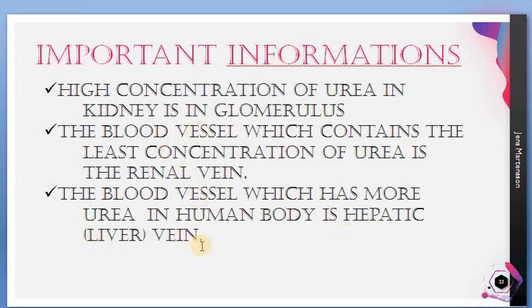Sometimes they can ask you a question where they give you two blood vessels, afferent arteriole and efferent arteriole. In which blood vessel is urea more? At that time, you will very surely go with the afferent arteriole, but the answer is efferent arteriole, because the afferent arteriole has no urea. So these four statements, including the one I said now between afferent and efferent arteriole, you have to make very sure. These are the centum checking questions, the hard thinking questions in your syllabus.